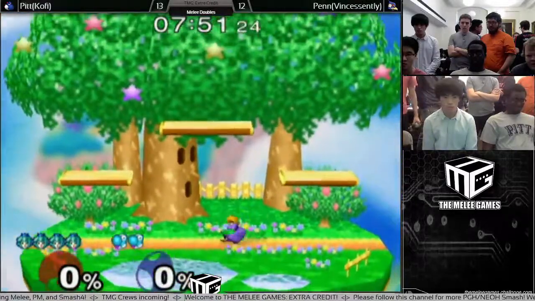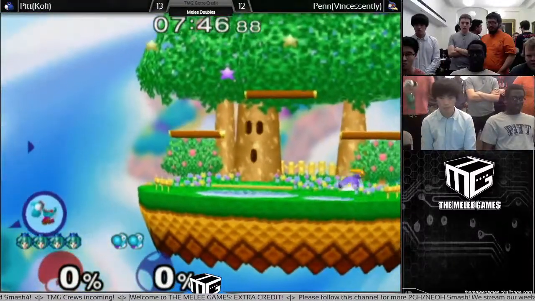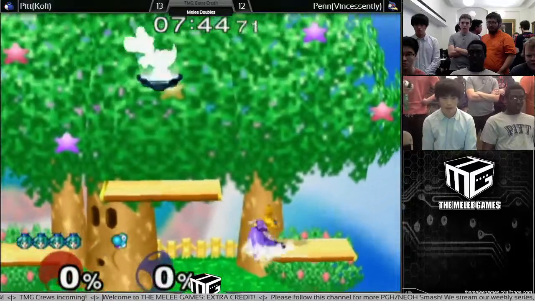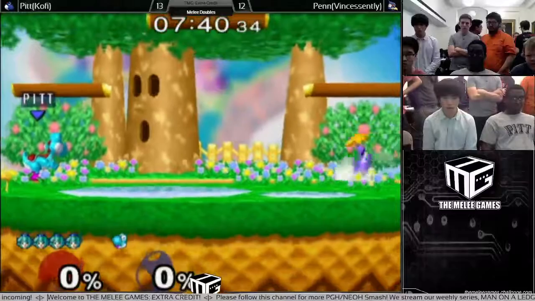Yeah, absolutely. As a Marth player, I can tell you the struggle to kill is real. You definitely don't want to take her here if you don't have to. There are some characters that do well on Dreamland with Peach, but